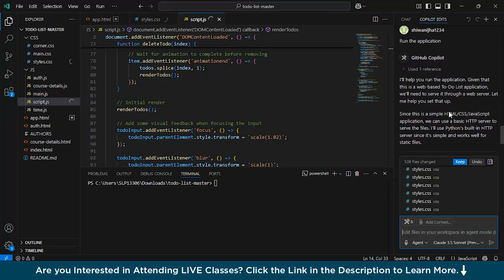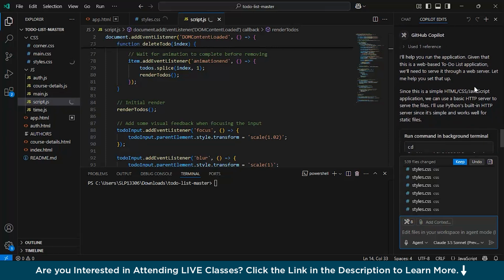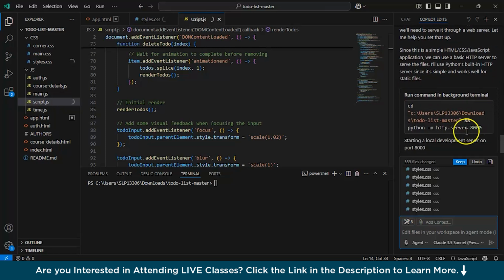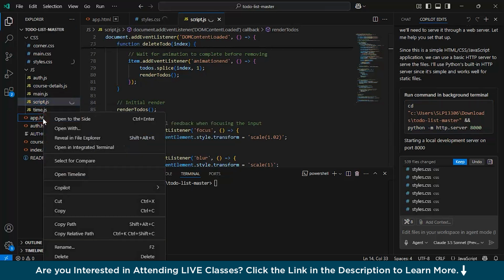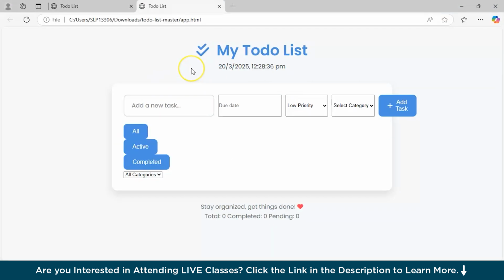So first it's saying that it's a to-do application, so we'll need to serve it through a web server. Let me help you set that, and you can use this command in the terminal here. Also, one more thing is that, just simply type on this app.html, and from here we'll just select open revealing the file explorer, and we'll just click on this particular app source code. So yeah, here as you can see, our to-do list is ready now, and it has given me all